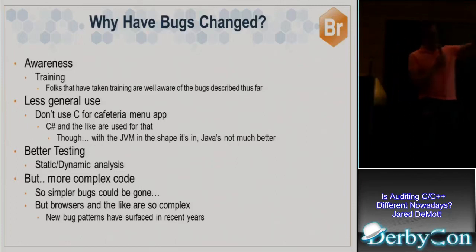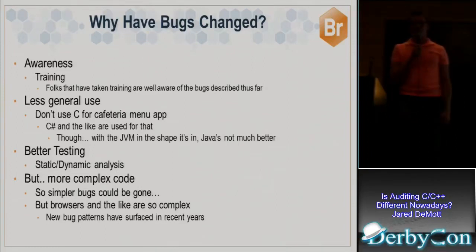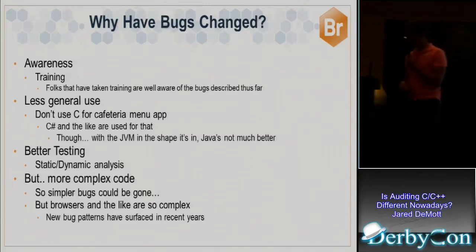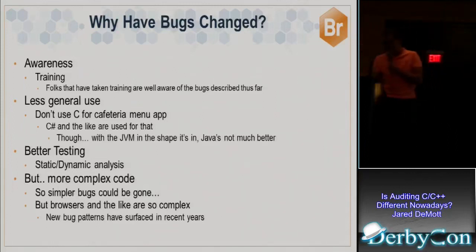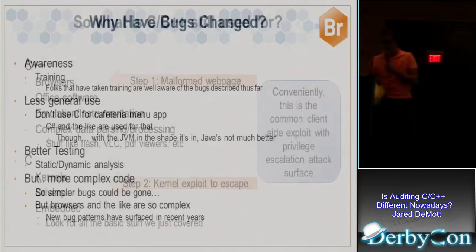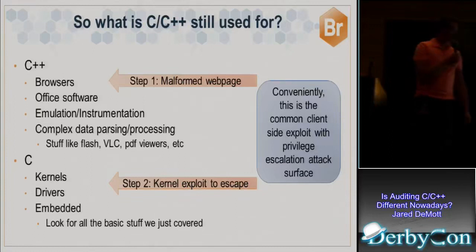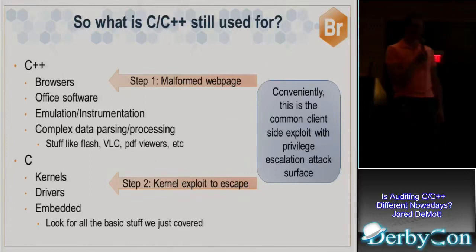On the other hand, the code that is still being written in C and C++ tends to be really complex. So the kernel code and virtualization code and browser code and all that sort of stuff, it's very non-trivial code. So even though a lot of the bug categories of yesteryear are gone, there's new bugs of today because of the pure complexity of the code, okay? So that's kind of where the shift, in my mind anyway, take that with a grain of salt, where and why that's happened. So in terms of exploitation, that's where people are targeting, right?